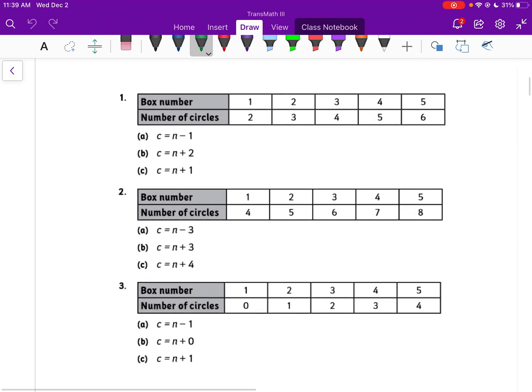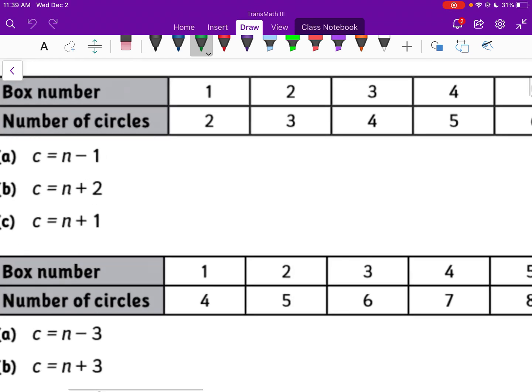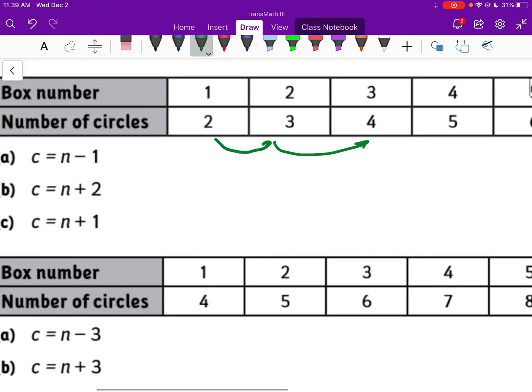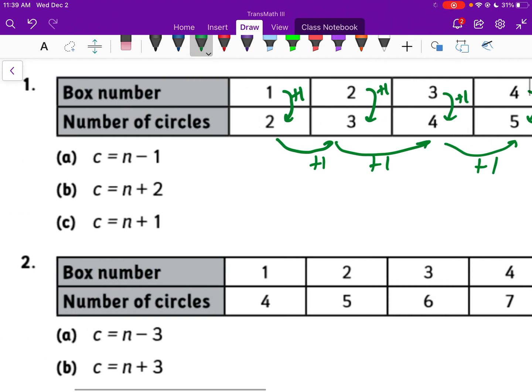All right, so for your skills maintenance, you were given tables and you needed to find the pattern that corresponded with that table. In the first one, the number of circles is always adding one. Then we compared the box number to the number of circles. The box number plus 1 always gave you the number of circles. So you take the box number, which we always represented with N, and the number of circles always represented C. So the number of circles is equal to the box number plus 1, which is C